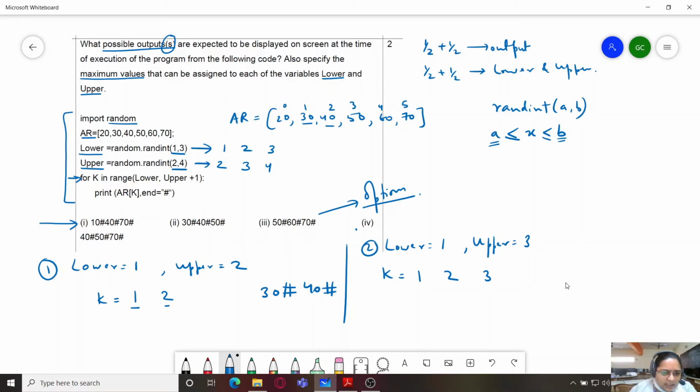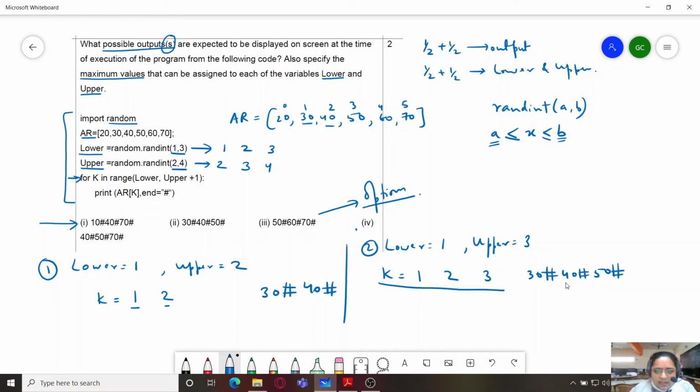You can see that here k consists of 2 values, so the output consists of 2 terms, and here k consists of 3 values, so the output consists of 3 terms. So we should consider only those possible combinations of lower and upper which are going to have 3 values for k. Let's see this. So k is 1, 2 and 3. That means our answer should be 30 hashtag, 40 hashtag, 50 hashtag.